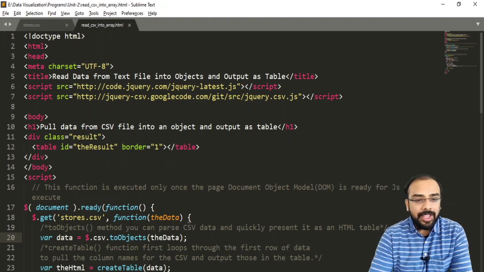So how can we access that? Inside this CSV library, we can access it using $.csv.toObject. What it will do is take one line from this particular file, convert it into an object, and store it inside the variable which is named as data.